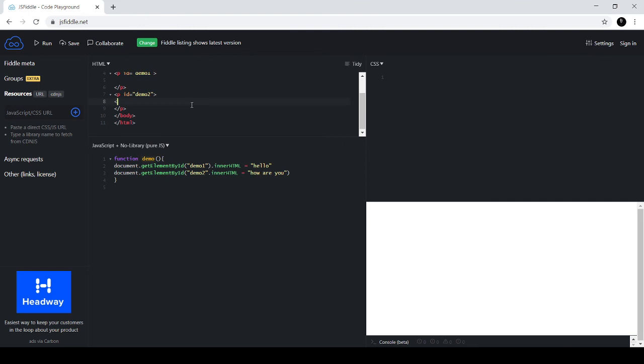But let's say I create a button here after the p tag, and I say the type is button, and onclick is equal to, I'll call the function demo. I'll say click me. So if I click the button, it says hello, but how are you does not work because I have not closed this bracket here. So now when I close this bracket and I run it,